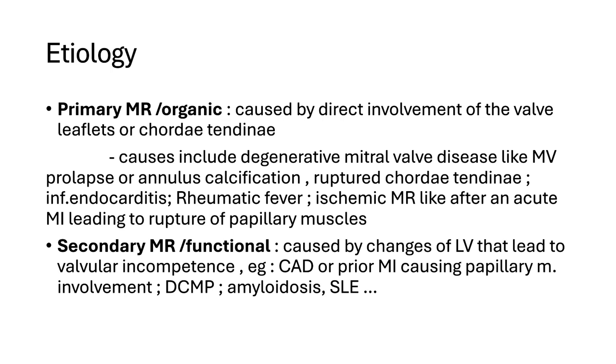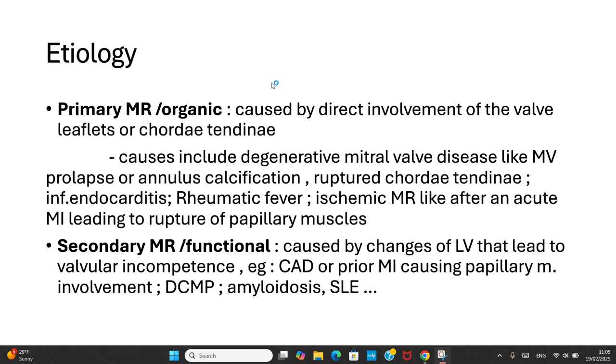Secondary or functional mitral regurgitation is caused by changes within the left ventricle, which lead to a valvular incompetence, for example coronary artery disease or a prior MI causing papillary muscle involvement. It can be due to dilated cardiomyopathy, like peripartum cardiomyopathy as well. This can be due to amyloidosis, systemic lupus erythematosus,